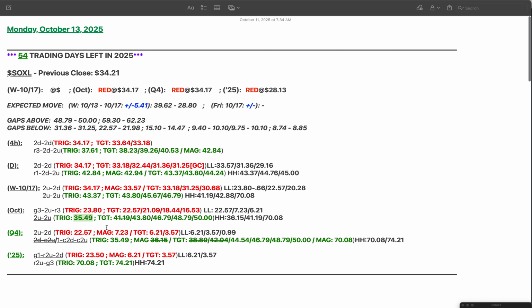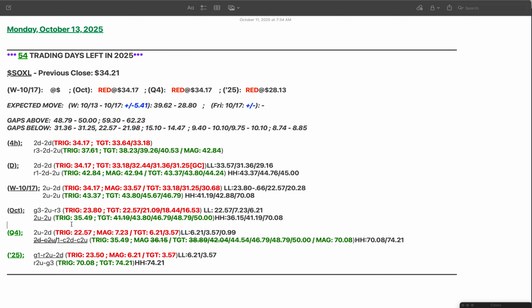Meaning we were above that level. We did take out one target, and were very close to taking out a second target, but didn't quite make it. So I think 43.74 was the high of last week. So again, from the month, we triggered the 2 up. We want to get back in force, meaning we want to get back above 35.49 and continue reaching for